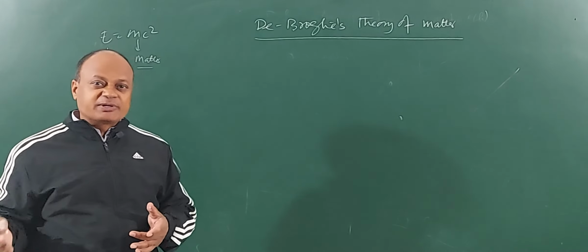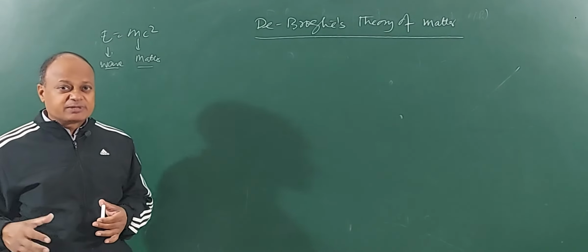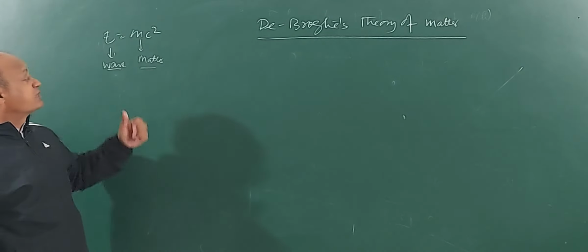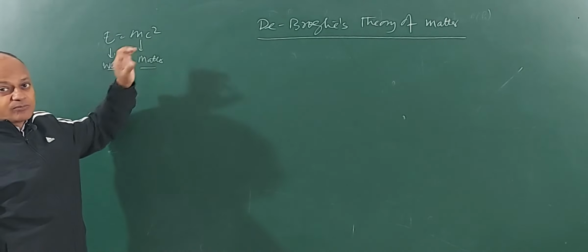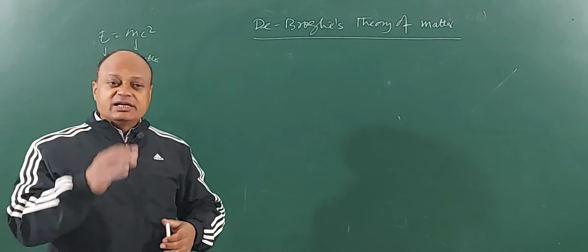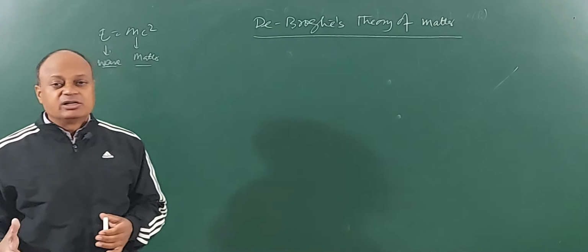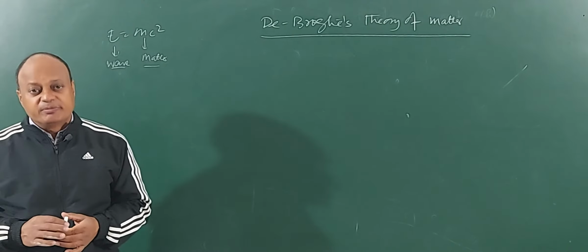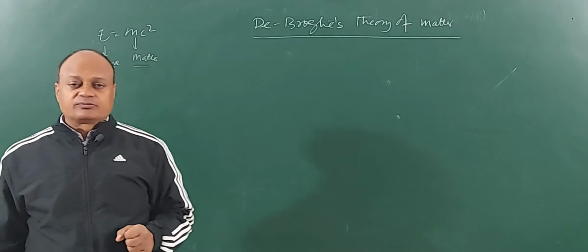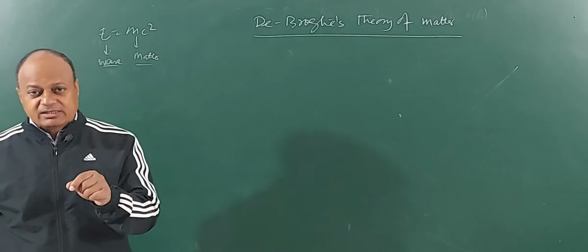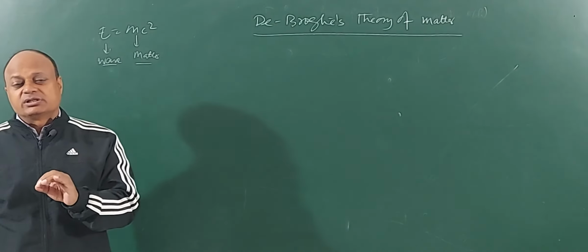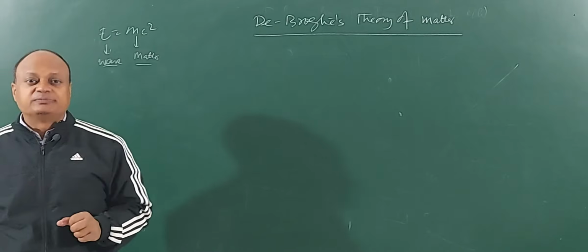But let us not discuss this aspect of it. Let us see the kinetic aspect of it. So, for having energy, the particle has to move. Even in this equation, velocity is implied. So, he said that there is a symmetry between the matter and the waveforms, and just as a wave exists as matter, so matter must also exist as a wave. And hence, he proposed that any particle which is moving, a particle meaning mass, and moving means it has momentum, behaves as a wave.